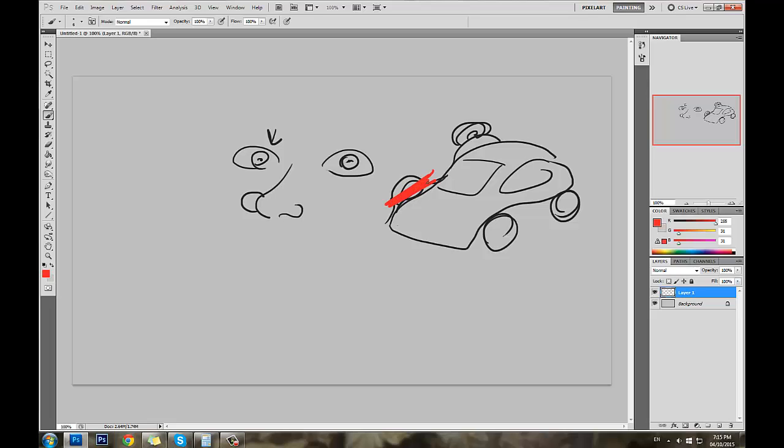Let it go. You don't need to over-represent every dimension, every border of this object in order for me to believe it's in 3/4 view. This is enough for me. This tilted axis is enough for me. The parallel tilted axes are enough for me to believe that this car is in 3/4 view.